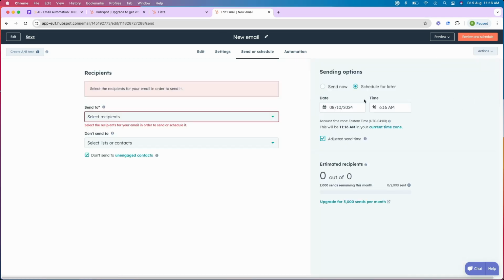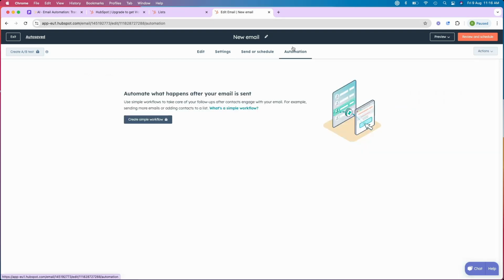And then you have the option to schedule as well. Say if you want the email to go out on Tuesday at 11, you can do that based on the receiver's time zone. And then you have the option to create